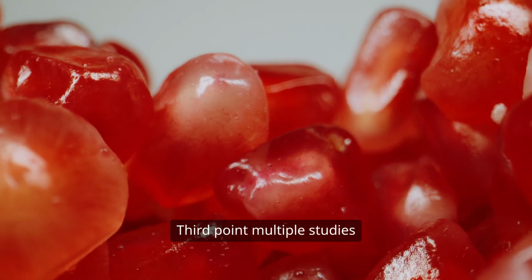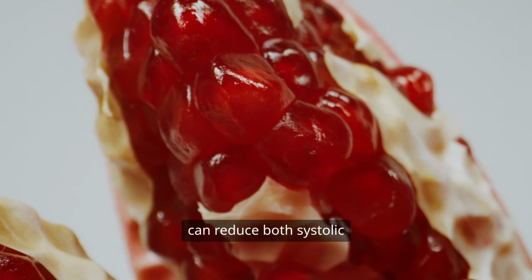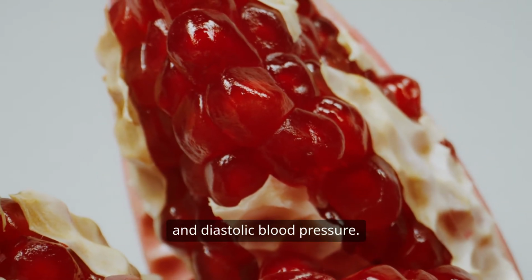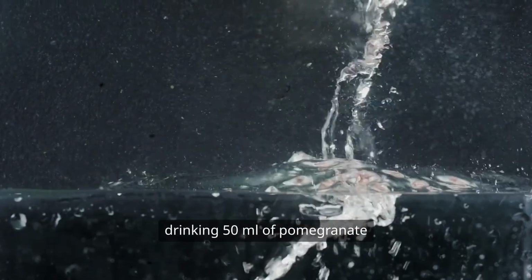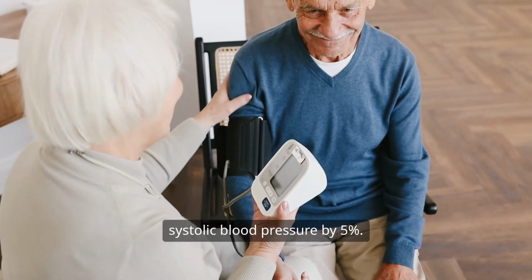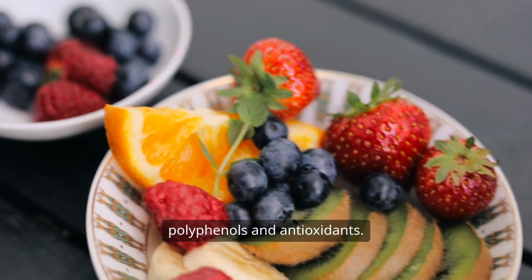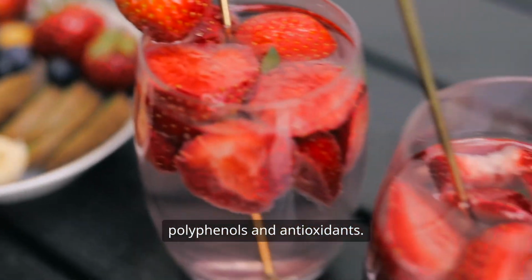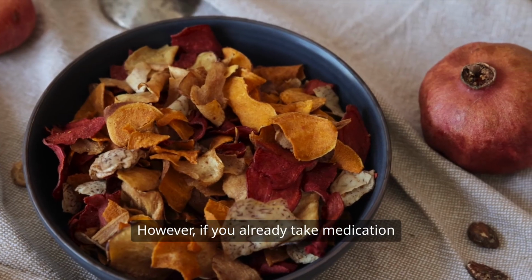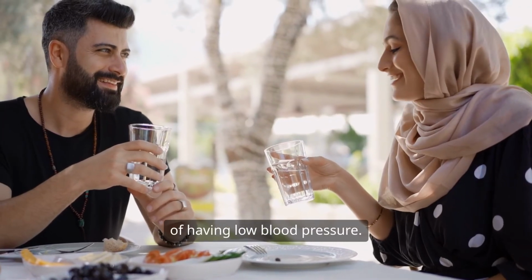Third point, multiple studies have found that pomegranate juice can reduce both systolic and diastolic blood pressure. For example, one study found that drinking 50 ml of pomegranate juice daily for 2 weeks lowered systolic blood pressure by 5%. Pomegranate juice is rich in polyphenols and antioxidants. However, if you already take medication to lower blood pressure, pomegranate juice could increase the risk of having low blood